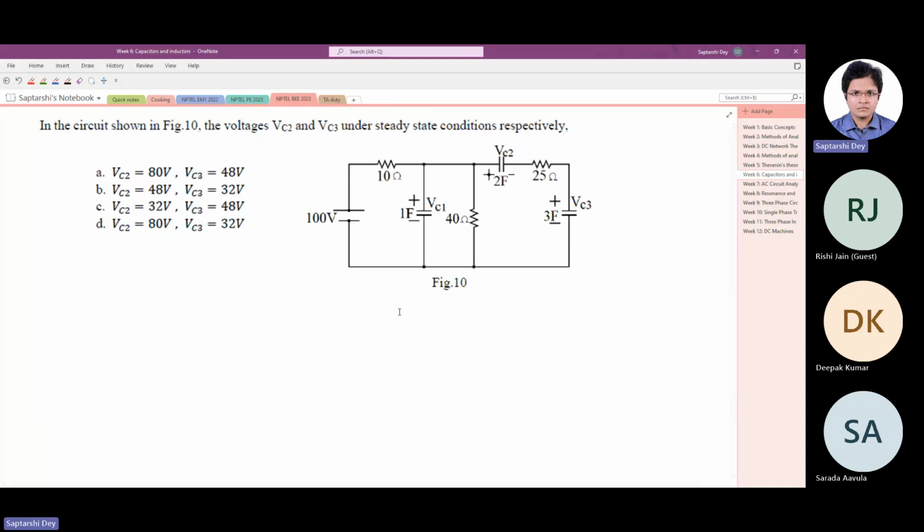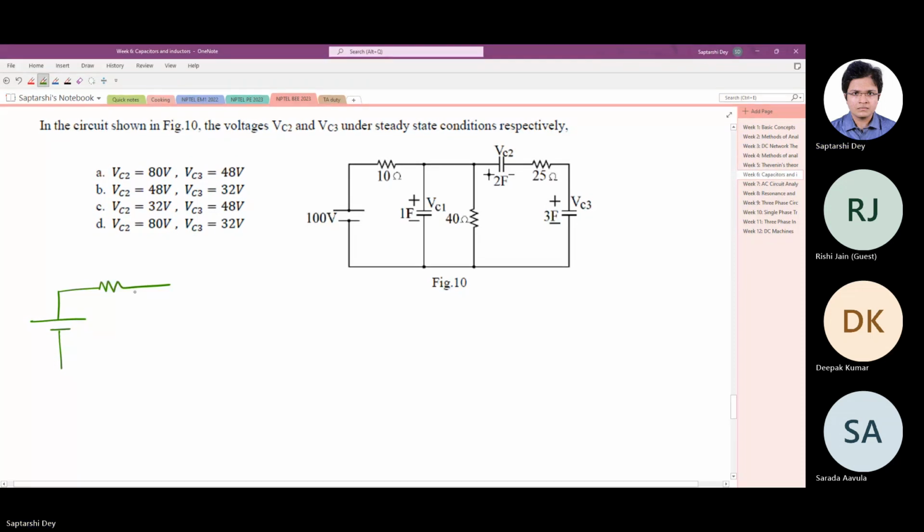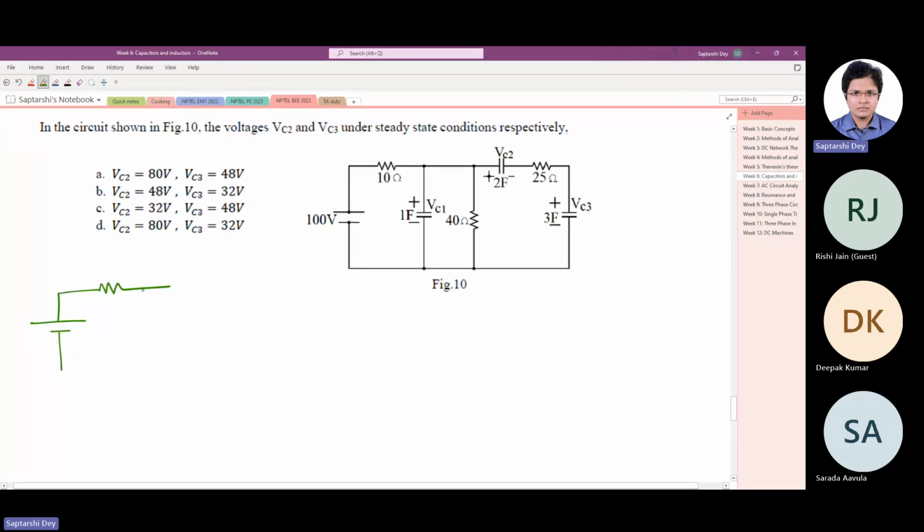So in the circuit shown in figure 10, the voltages VC2, VC3 under steady state conditions respectively are. So we have to find out how much voltage is stored in the capacitor at steady state. Let us redraw, but although I'm redrawing for you, you guys have to make a habit that without redrawing, you should be able to write the voltages, at least the currents in the resistances and capacitor voltage. Okay. At steady state,